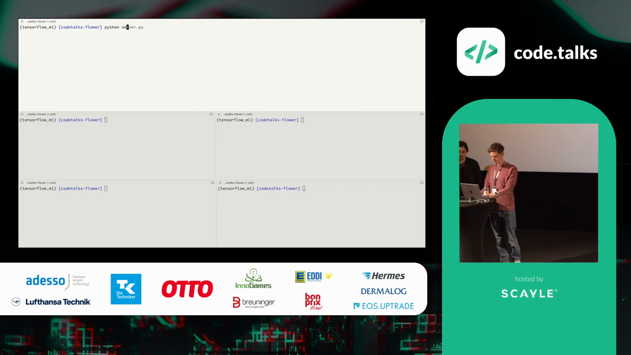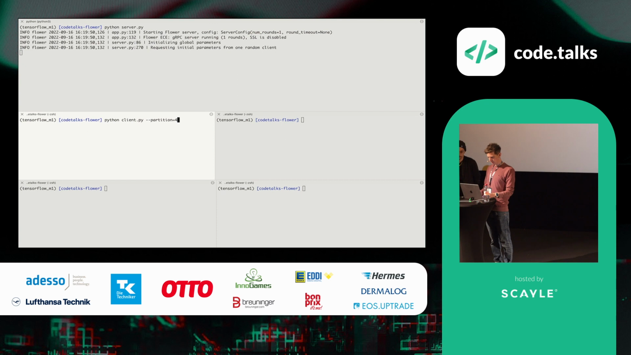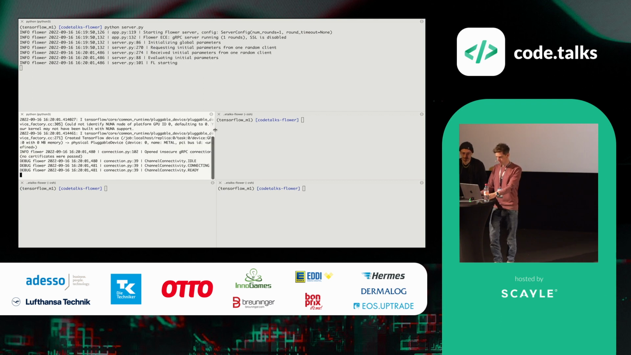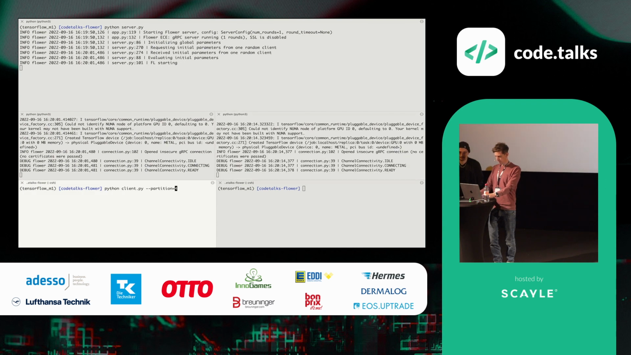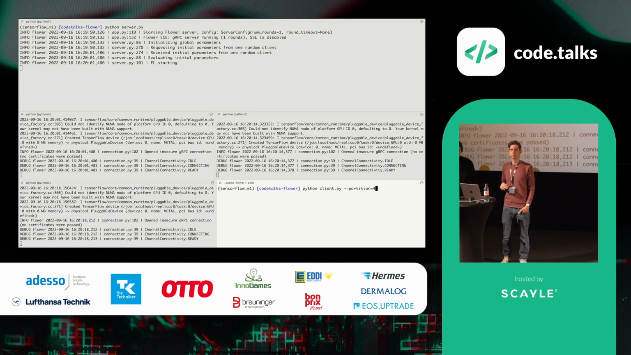I'll start the server up here. So server's running and waiting for clients. Then let's start partition 1, so hospital number 1. And it starts up, connected, it's ready. Let's start up second client. Third one. And now server is still waiting. So when I'm now starting the fourth client, so the fourth hospital is connecting, then it will directly start the